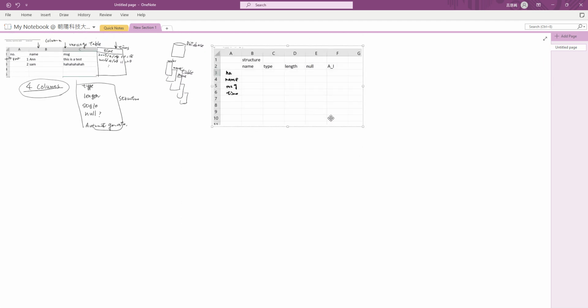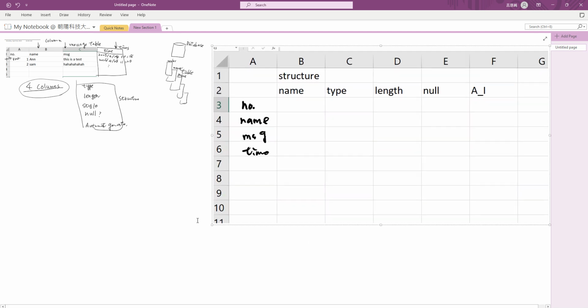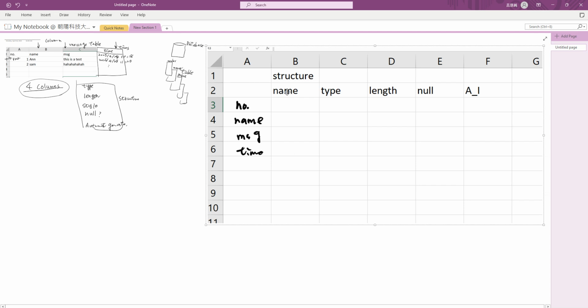So the first one is number. I need to define a name which is set into a database. A number dot is not a legal name to set into a database. So in my opinion I will use ID, but ID is a keyword. Message is the table name. I will give a short name, MSG, as the table